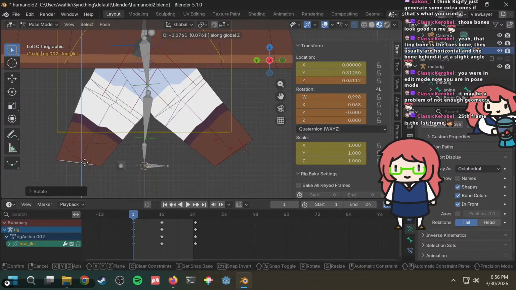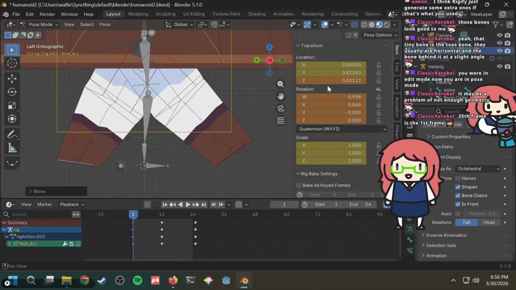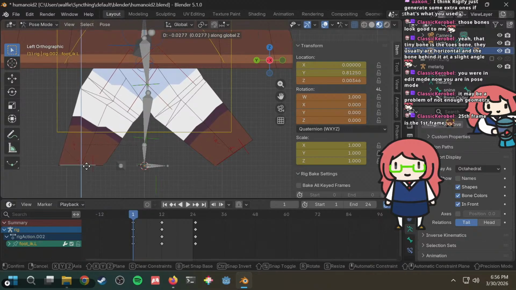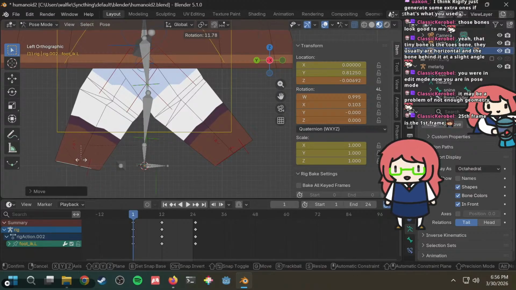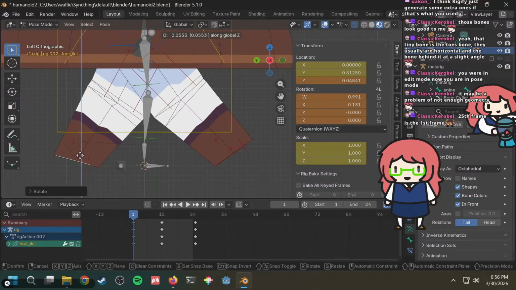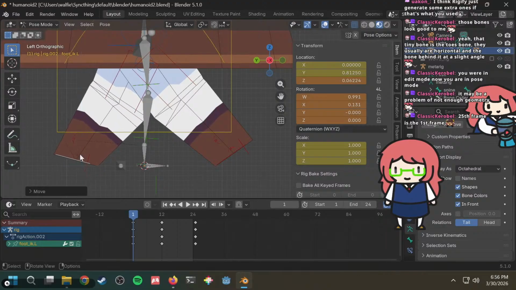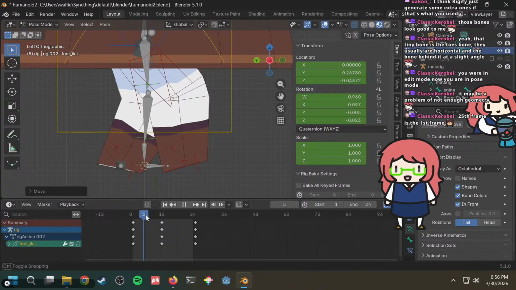Or maybe, I guess this should be flat. Rotation should be flat in there. Maybe a little bit less flat. Maybe like this. Yeah, maybe that's fine. Alright, then you go to frame 6.